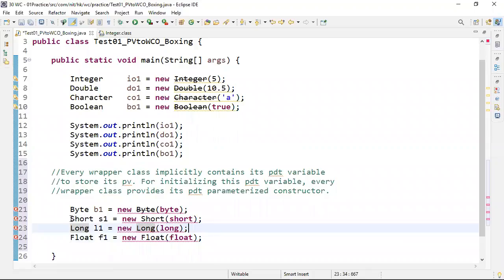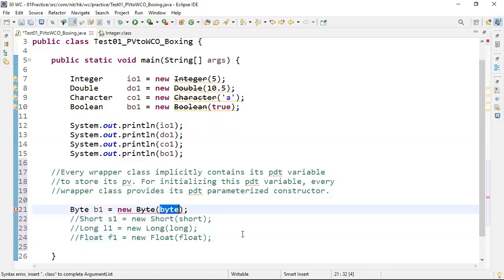Now my question, think carefully. Here in place of the byte, I am writing 5. Is it allowed or not allowed? Not allowed. The compiler will throw an error. Why? Because if you write 5 here, the compiler searches for which constructor? Byte of int parameter constructor. This is from the method overloading chapter.